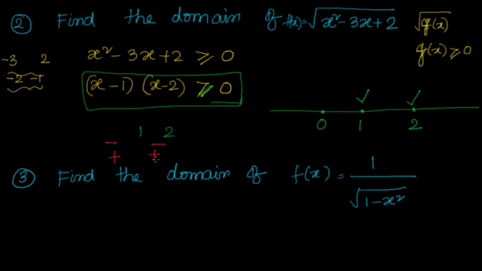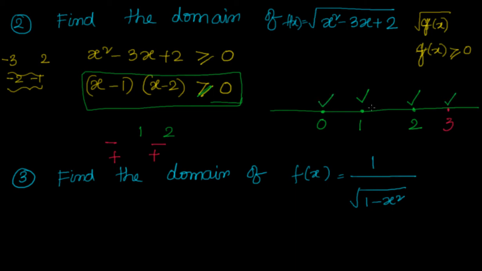So then it becomes positive, then it becomes minus into minus, positive. Similarly, you go on the other side and check for, let us say, a third value. Let us check for value 3. If I look for 3, 3 minus 1 is 2, 3 minus 2 is 1. So this is also okay.